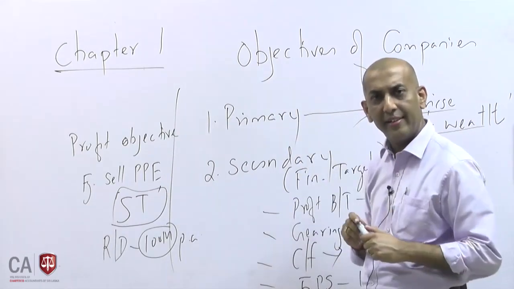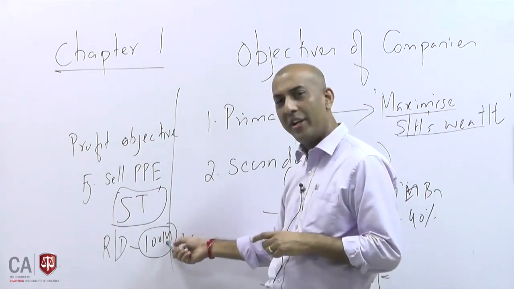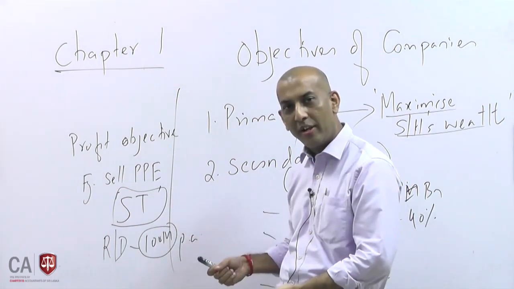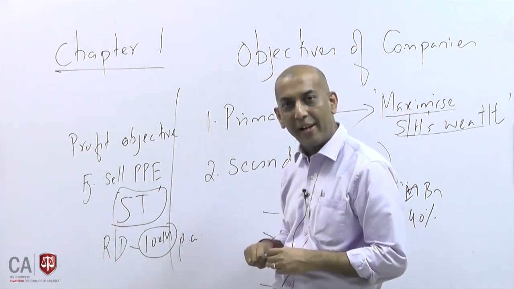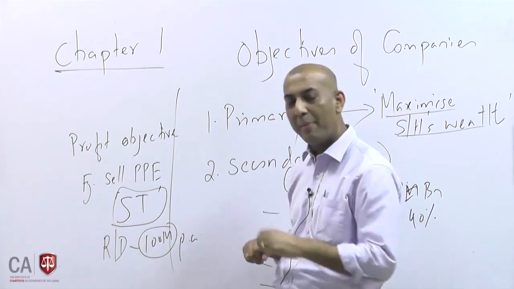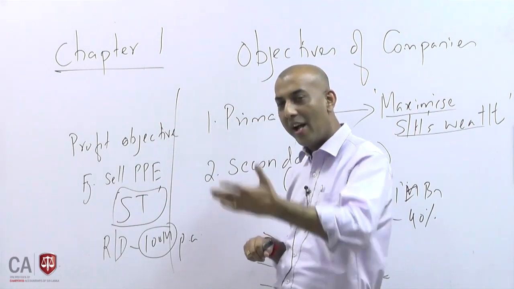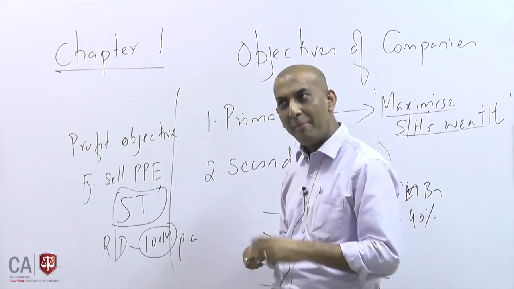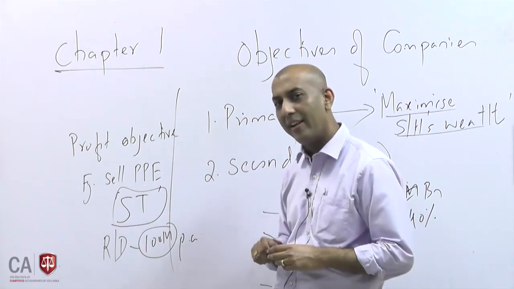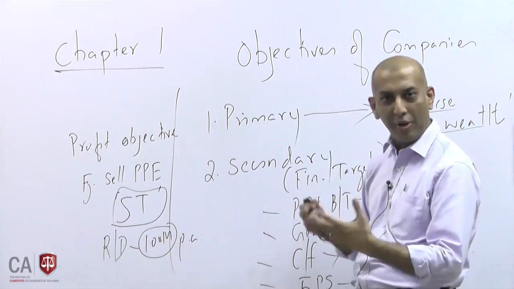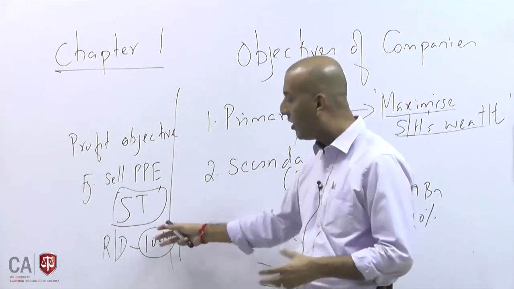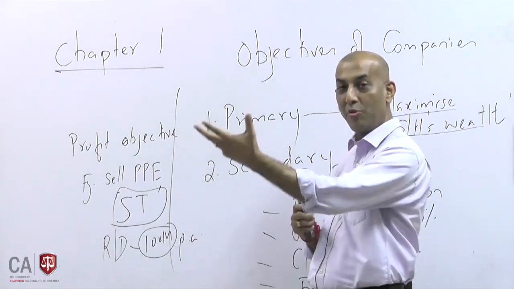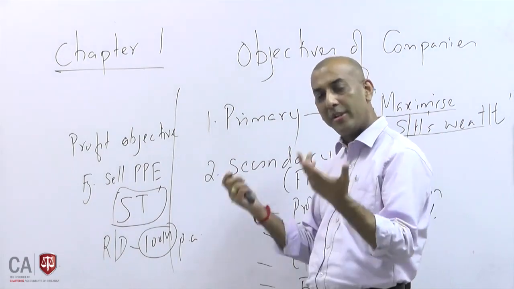Why? Short term, you decide. But this 100 million, if I don't incur it for a couple of years, what happens? In the long run, maybe 4 years down the road, I may not have business for my products because my products are outdated. Nobody wants to buy my products. Nokia, right? Nokia at that time was the market leader. Everyone used a Nokia phone. But at a point, they lost the market. Why? Even though they had research and development, there was some reason they did not come up with the innovative product which the market would require at that time. So they lost the market.